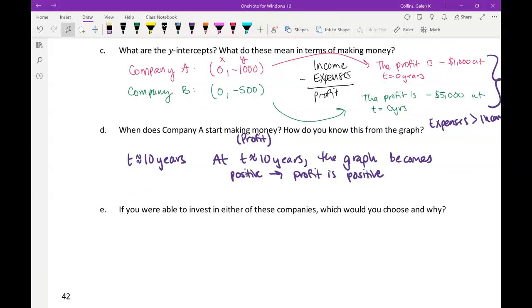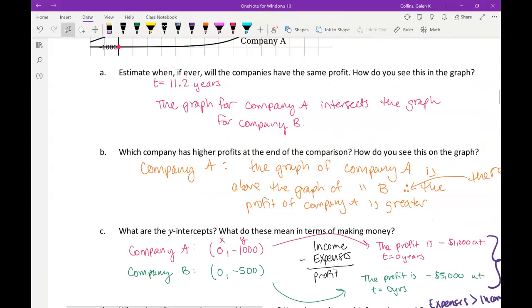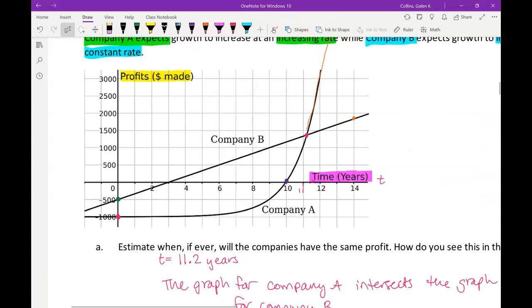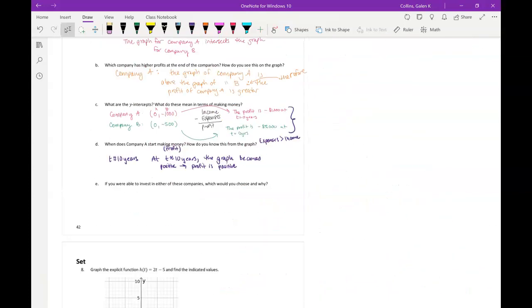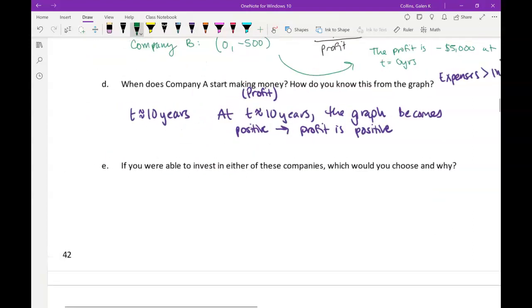If you were to invest in either of these companies, which would you choose and why? Well, that might depend on the length of your investment. I would invest in either company for the first 3 years. But assuming that you're going to invest money long term, say more than 11 years, it would be best to invest in company A, because even though at first it takes company A a long time to become profitable, once they do, and once they catch up with company B, which again we said is around 11 years, now all of a sudden company A is making a lot of money. So that would be my argument, that we would want to invest in company A